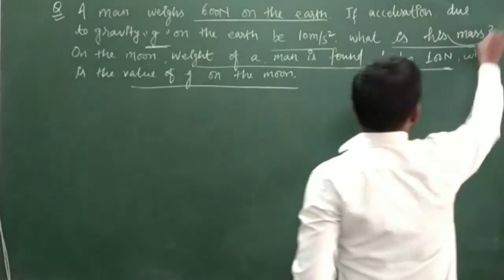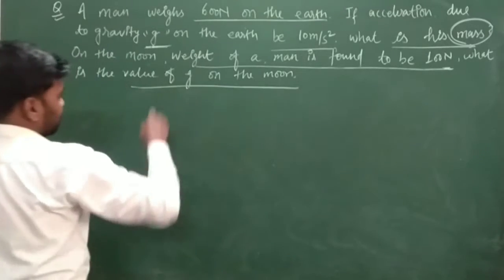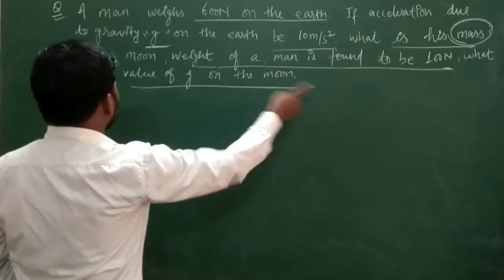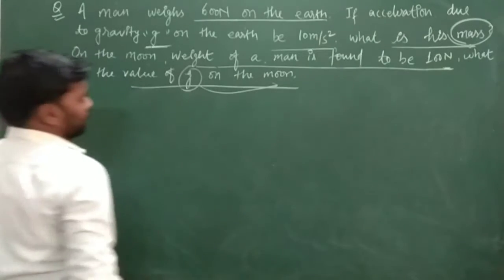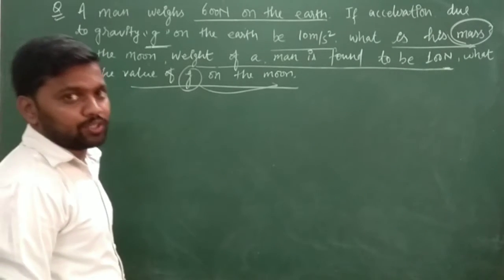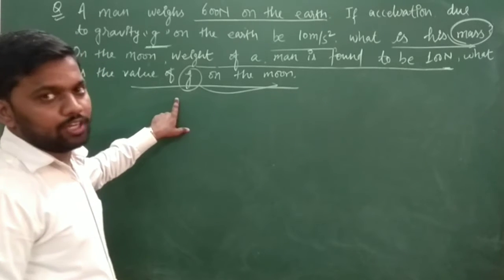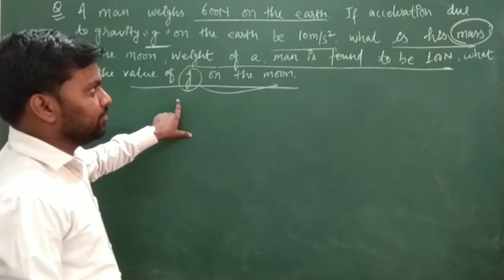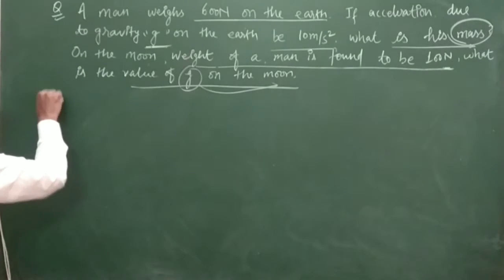That is, number one, mass of the person on the surface of the earth. Next, weight is already given. We need to find out the value of g on the moon, because the value of g is not constant, we have already seen that. So it will be different on different celestial objects, that is moon, Mars, Jupiter and other planets also. So we will solve here.